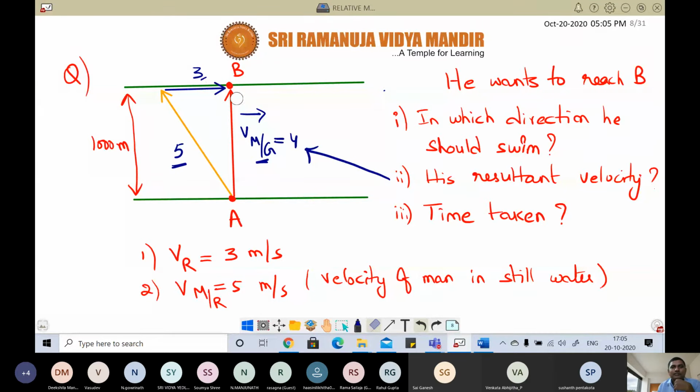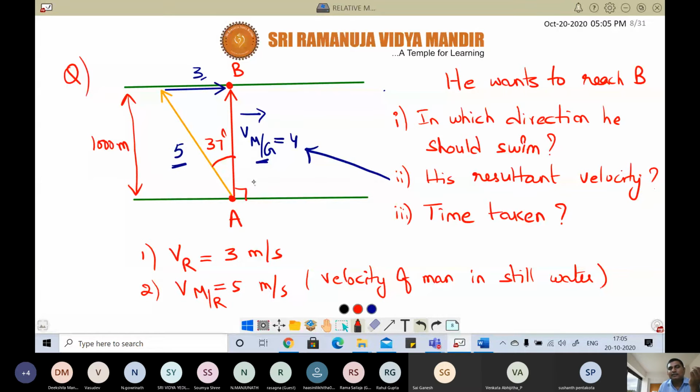So now first, you know, in this triangle two sides. So immediately you can easily calculate this angle. Suppose let us say this angle is some alpha. Opposite, you know, hypotenuse, you know, that means 3 by 5. That means 37. So basically this is 37. So you write directly 37.